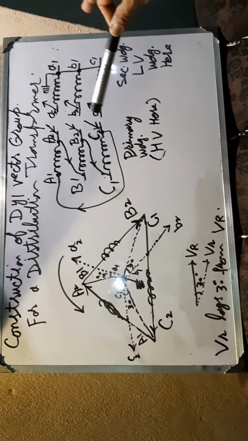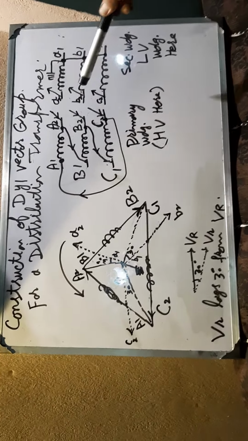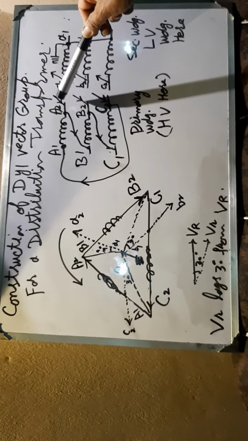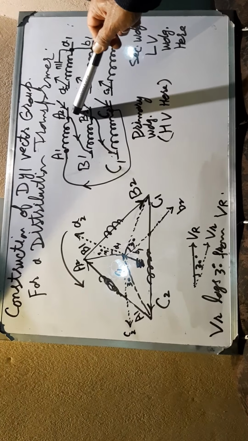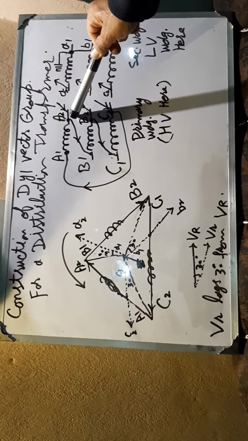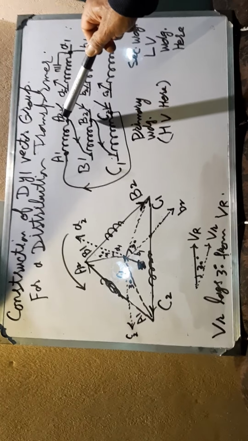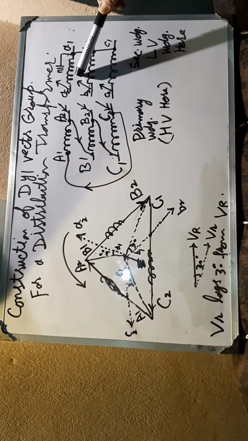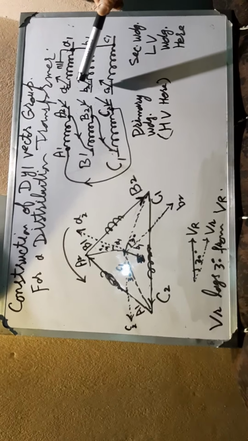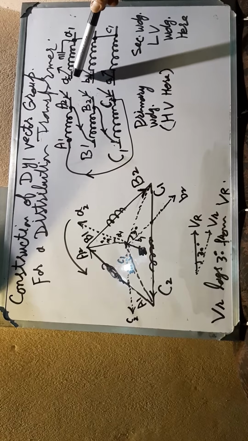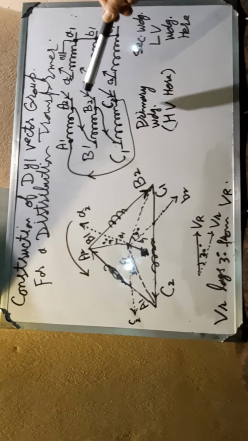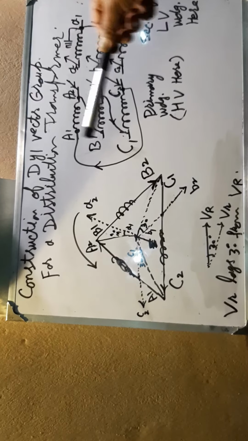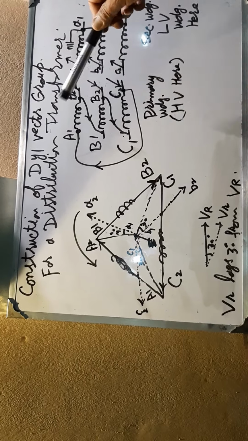Now, an important thing that I want to mention is that on the 11 kV side of the distribution transformer, the 11 kV enters at the end of the winding. The 11 kV enters at the end of the primary winding here, and the load is taken from the secondary winding at the end of the winding. Load is also taken from the end of the winding on the secondary side, and 11 kV enters at the 11 kV bush of the distribution transformer, but at the end of the winding.